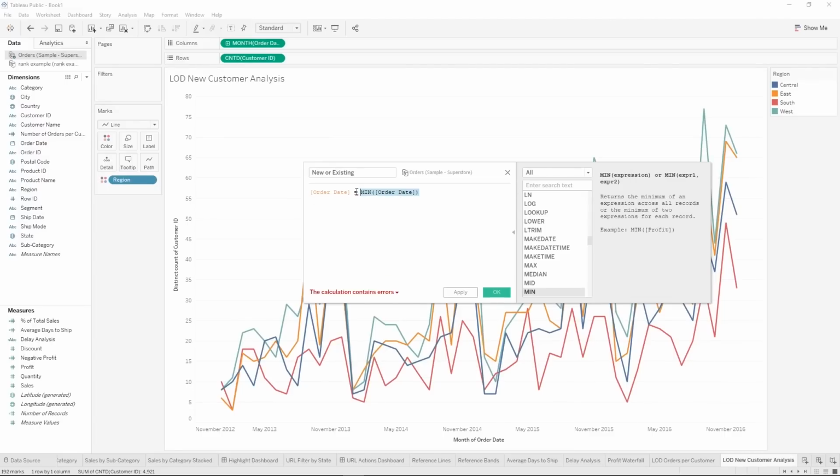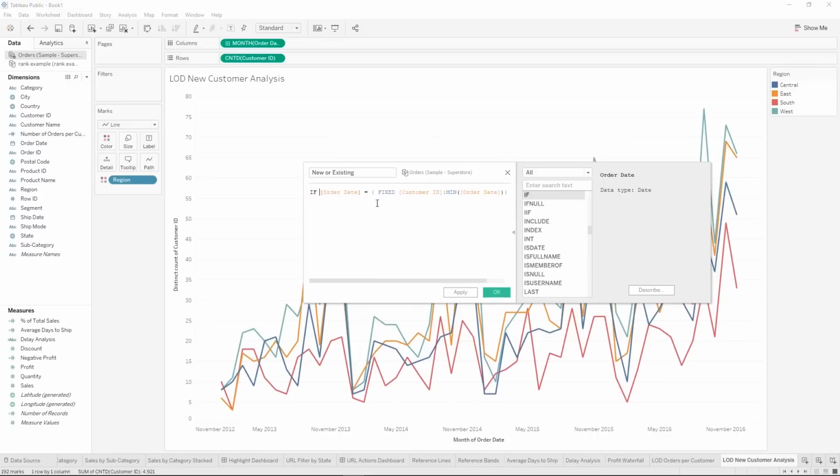So we're going to use our level of detail calculation again, and we're going to make this fixed per customer ID, and then we'll do our min order date. So now, instead of trying to return something different based on the visualization, it will always return the min for each customer ID. So if the order date on the visualization is equal to the first order date for that customer,